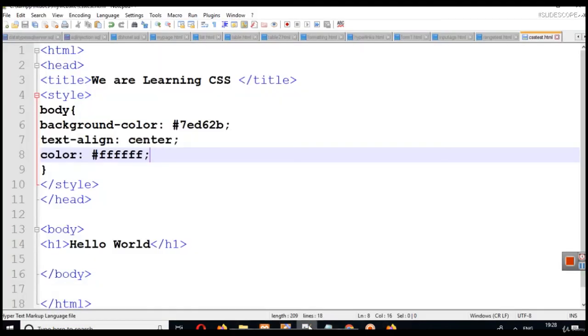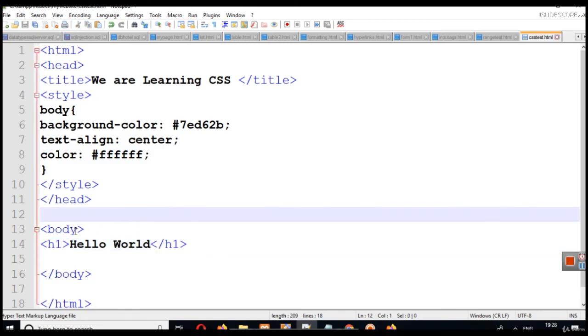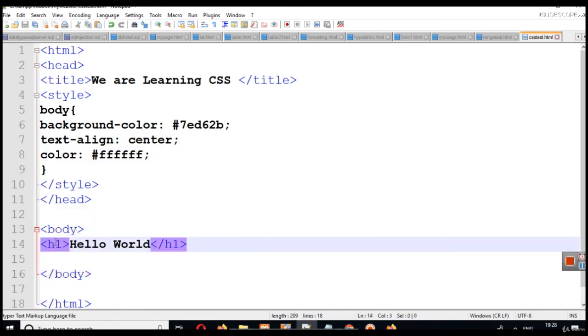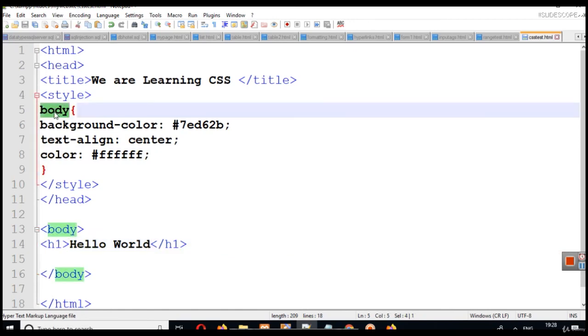So these are some very basic CSS properties. We will study CSS properties one by one: how we can select any particular element of a page, and how we can apply these properties only to that particular element. For example, here we have h1 also. So we have two tags here, one is the body tag, one is the h1 tag. And suppose instead of body, I write h1.